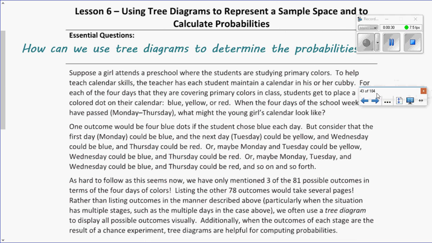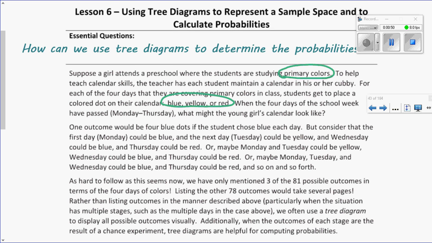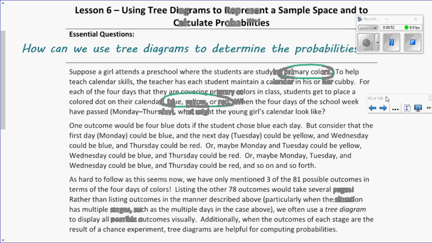There's a girl that attends a preschool and they're studying primary colors. So think real quick if you know what primary colors are. To help teach calendar skills, the teacher has each student maintain a calendar on his or her cubby. For each of the 4 days they are covering a primary color in class, the students get to place a colored dot on their calendar, either a yellow, red, or blue. When the 4 days of the school week have passed,